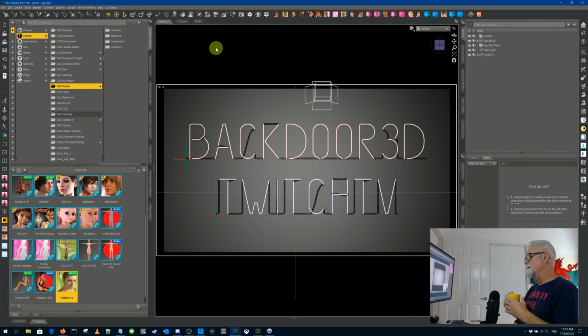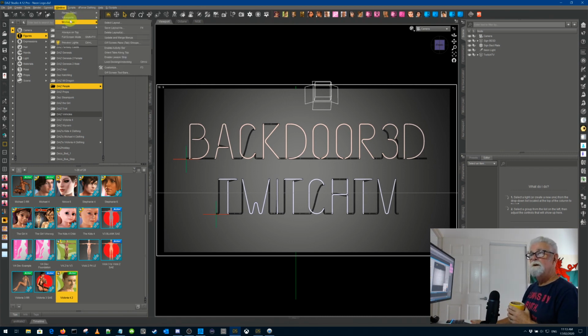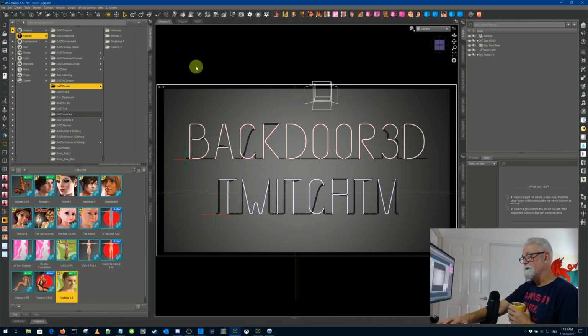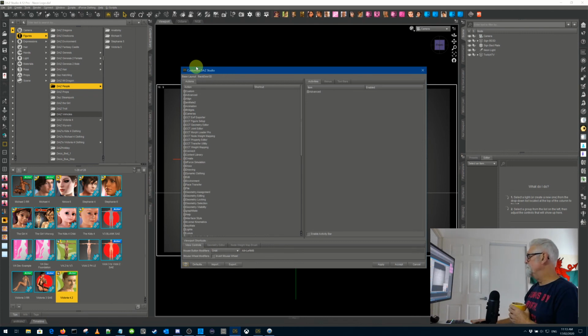The second step is to go into the customization interface. You can do that one of two ways. You can go into Window, Workspace, Customize through the menu structure, or as I like to do, just the F3 key, and that will bring up a dialog box